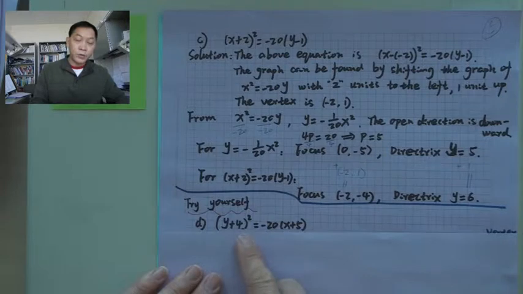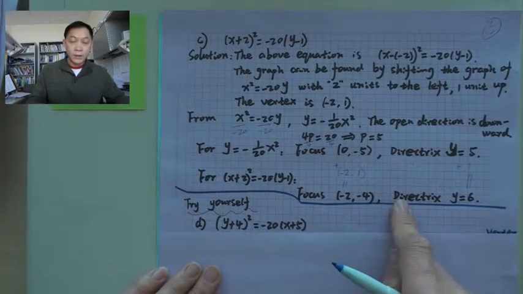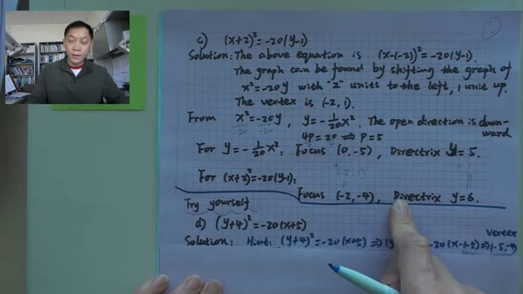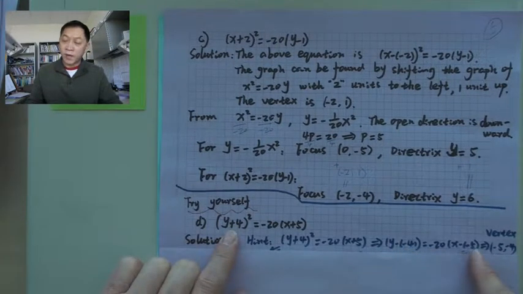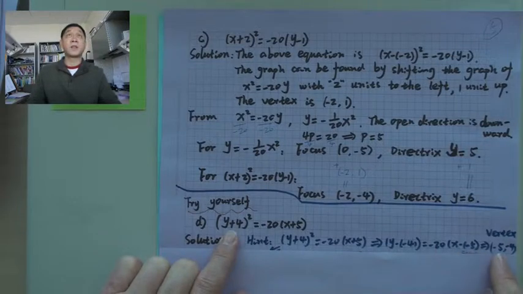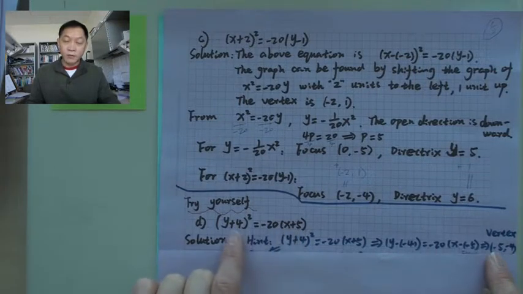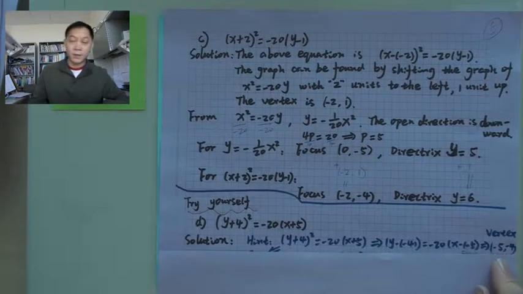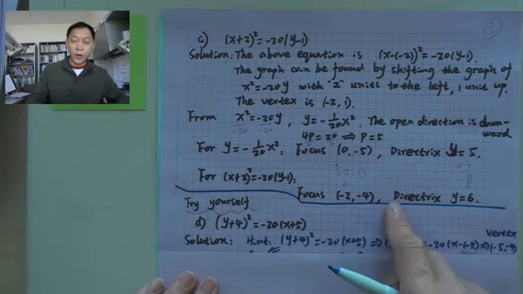Again, in this equation, you have y plus 4, x minus 5. You want to write it like this: minus 4, minus 5. Then it gives you the vertex, which is -5 for x, -4 for y. You know the vertex immediately in this case. Okay, then you can get the equation which is not shifted